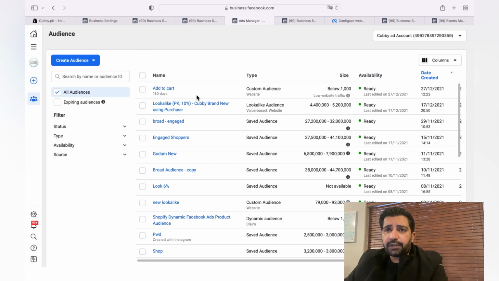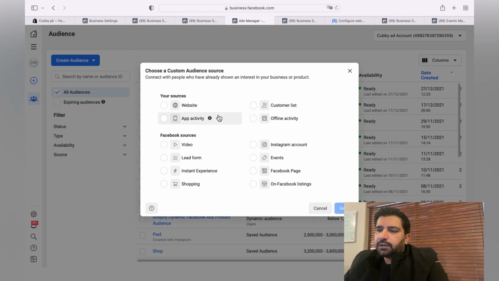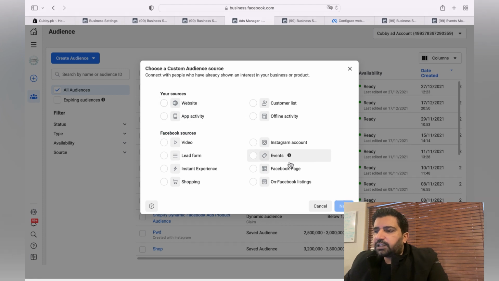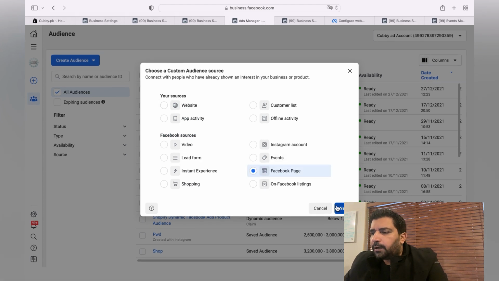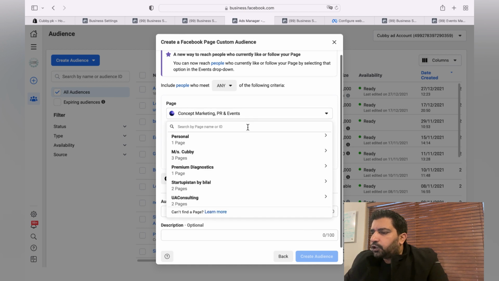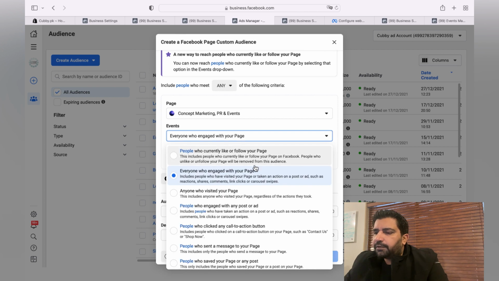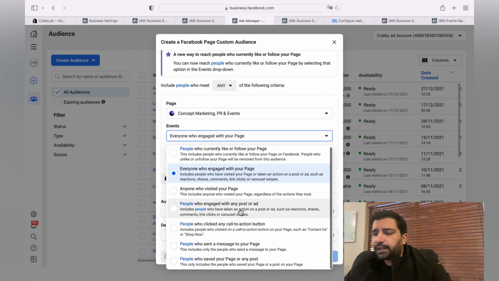So how you can create this, I'll just show you over here. In the audiences section, create a new audience, custom audience, Facebook page. Next, just choose any page. For instance, these are the multiple pages, and you're trying to create for this page. There are different options: everyone who engaged with your page, people who engage with your post.